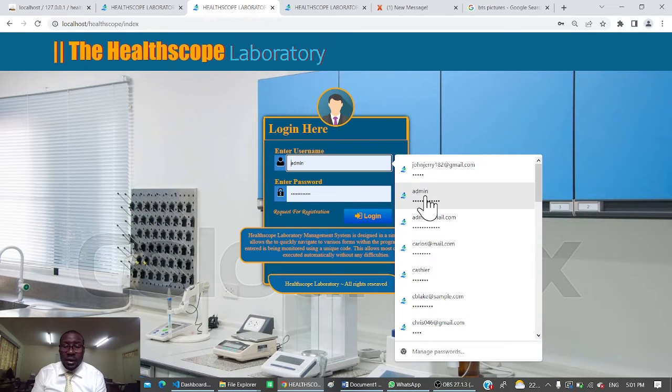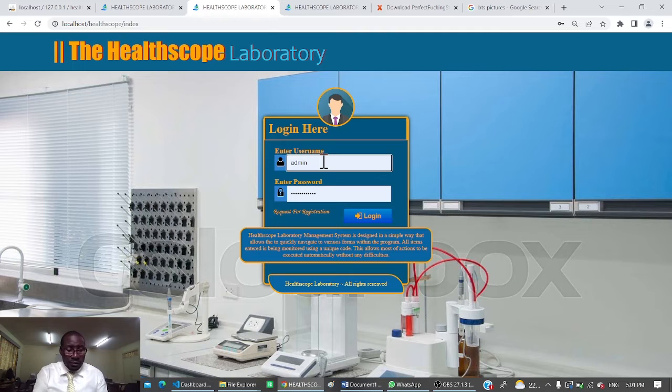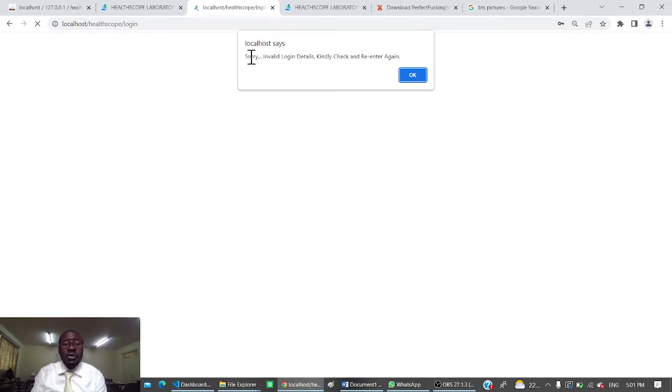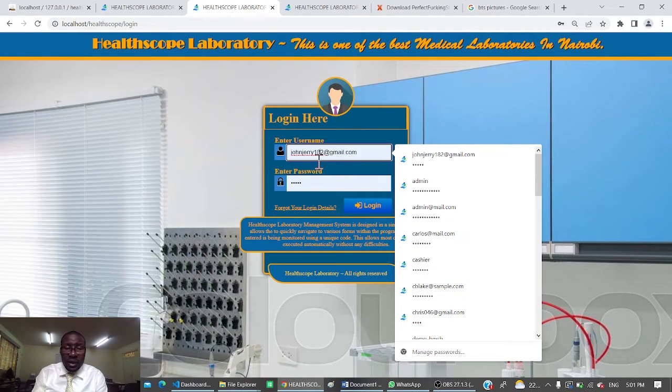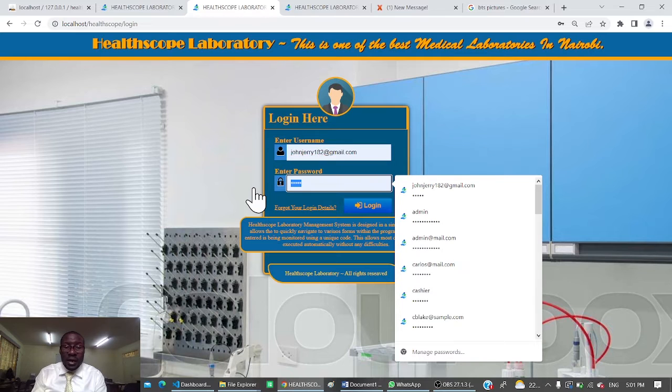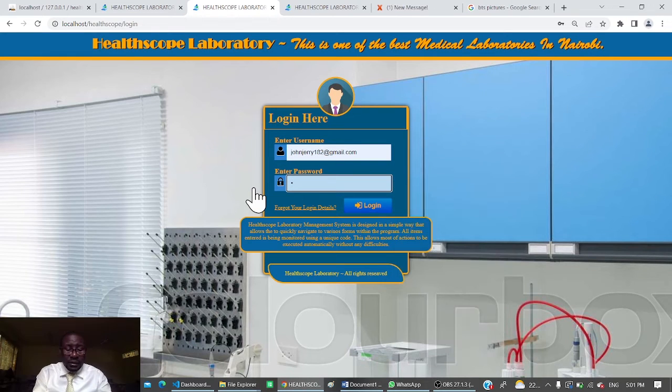So for example, if I type, let's say, wrong login details, maybe like admin, then I click this one here, I'll not be able to log in because that is invalid login details. So I must provide valid login details for me to be able to operate the system, which is very, very important. So here, for example, I can simply provide my email address as my username, and then here I simply add, let's say,